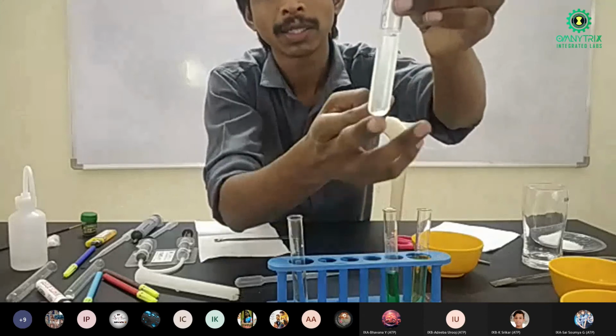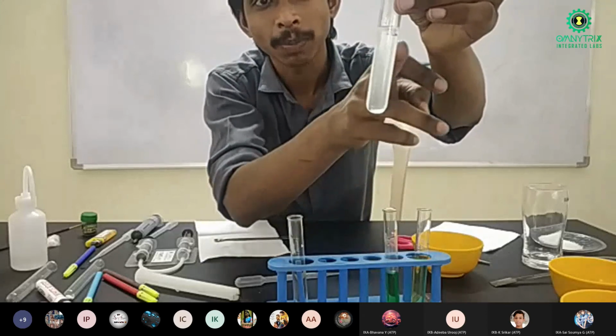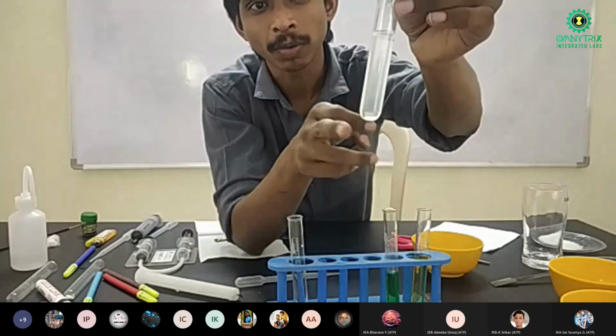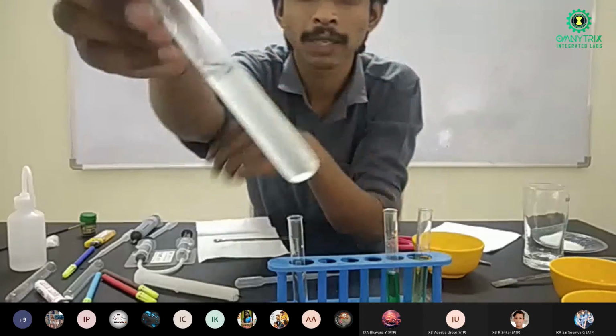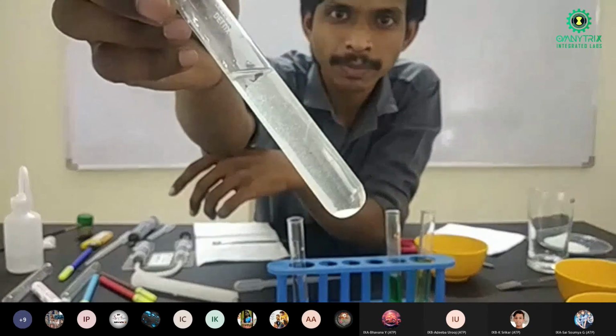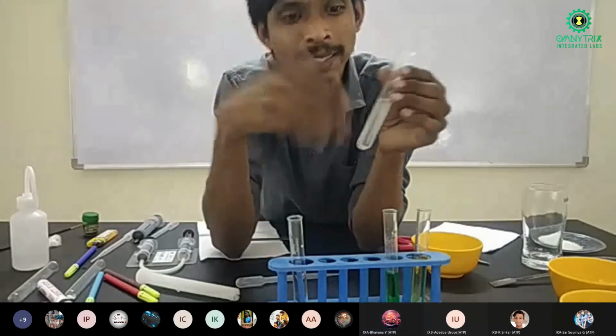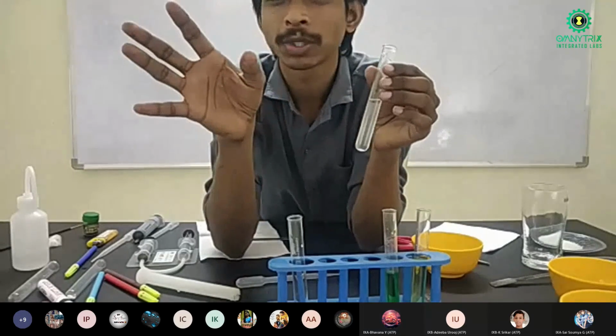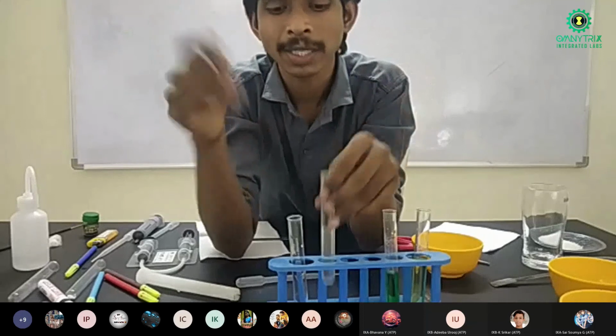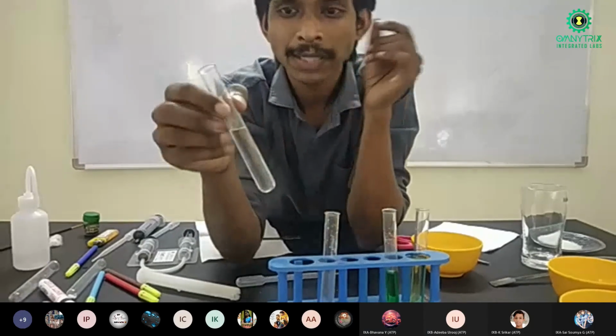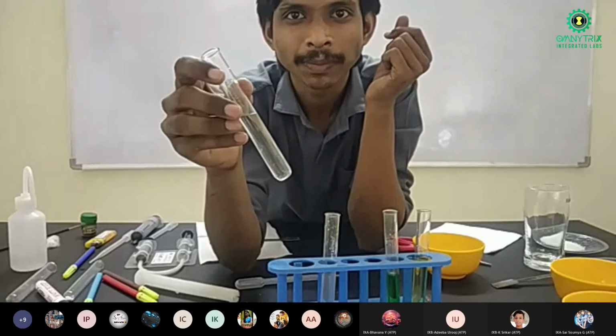See, there is salt which is not mixing, and salt particles are falling down. Can you see that salt particles are falling down? Yes, at the bottom. So it is saturated. That is why it is not taking any more solute. It doesn't want to take any more, it is saturated. How about this one? Is it saturated or unsaturated?